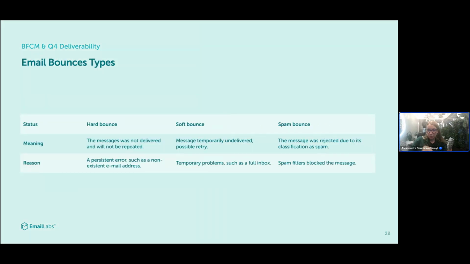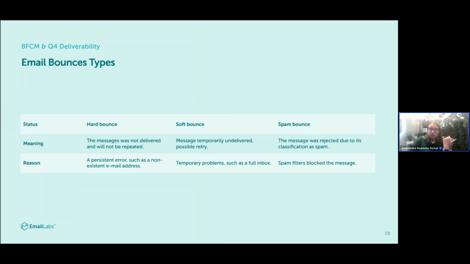And if we are talking about monitoring the bounces, then we will need to know the differences between different bounces. We have a hard bounce, soft bounce, and a spam bounce. The hard bounce is usually received because the email recipient does not exist, is inactive, or maybe the email address of the recipient had a typo. If an email received a hard bounce, it should not be resent. This user is not going to be active anymore. Delete them from your contact base.